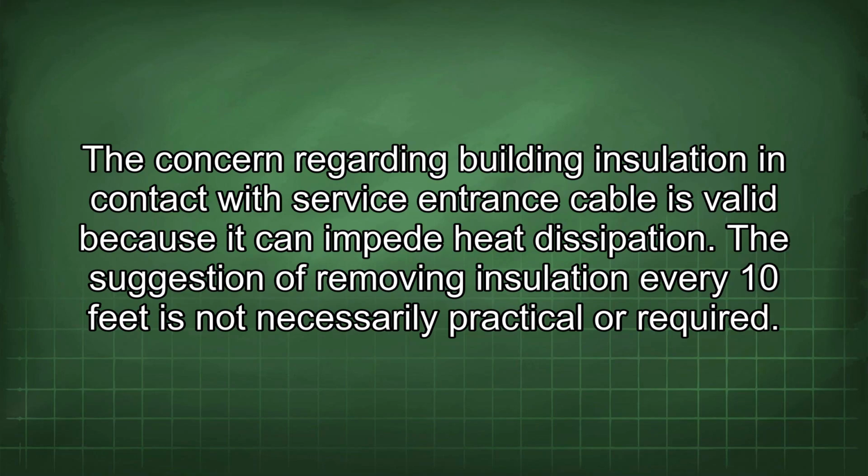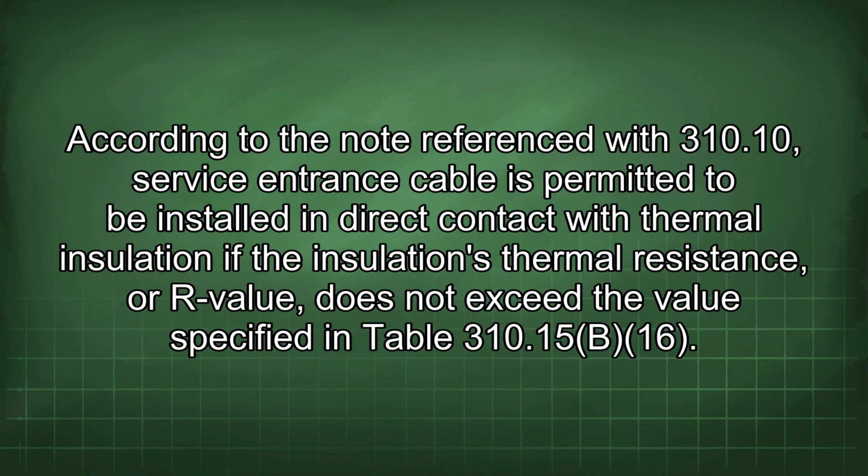The concern regarding building insulation in contact with service entrance cable is valid because it can impede heat dissipation. The suggestion of removing insulation every 10 feet is not necessarily practical or required. According to the note referenced with 310.10, service entrance cable is permitted to be installed in direct contact with thermal insulation if the insulation's thermal resistance, or R value, does not exceed the value specified in Table